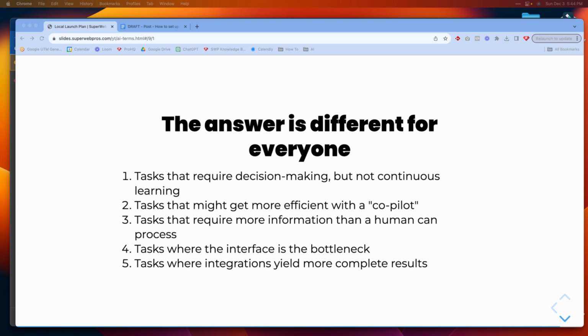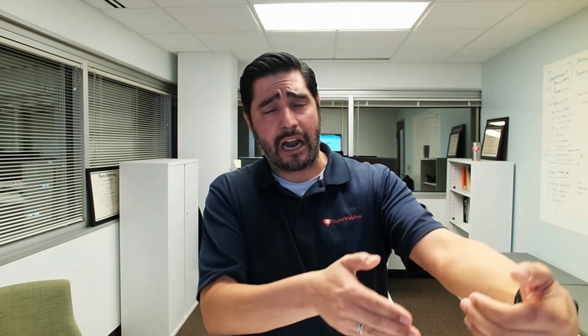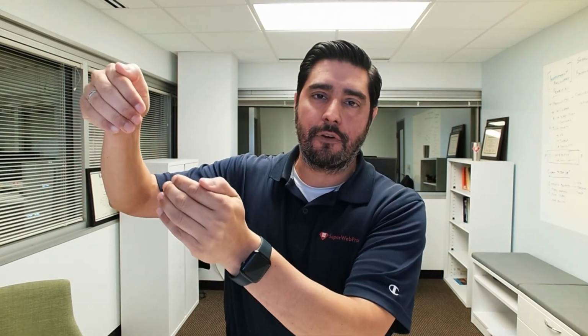The fourth thing that I would look at is areas where the interface is the bottleneck. So for example, for me, I don't like typing notes into our CRM, and I was becoming a bottleneck because typing notes was a problem. Instead, what I did is I started to record voice memos on my phone, and then we have an AI workflow where I can upload my memo into different Google Drive folders, and then based on which folder I upload it to, it'll automatically summarize it in different ways and attach it to different projects or accounts or other elements of our CRM so that my team can get my feedback very quickly or get my direction very, very quickly